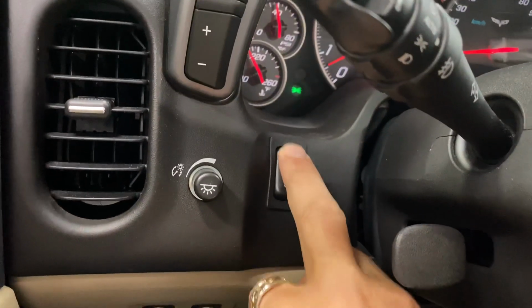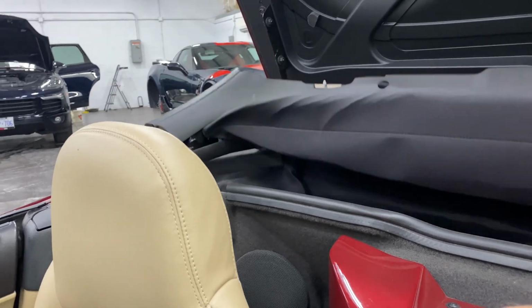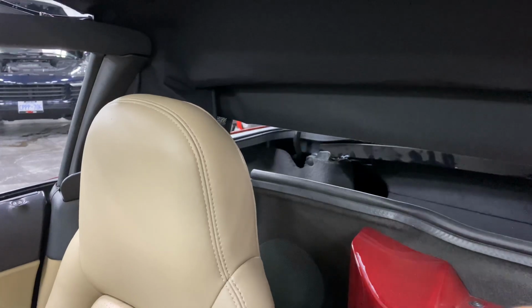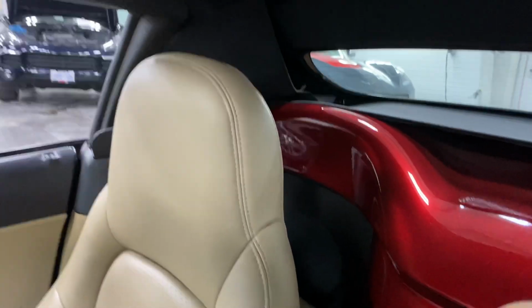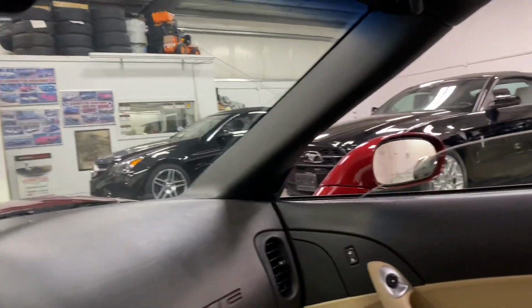It does have factory OnStar, and it does have a power convertible top, which we're going to push right here, and I'll show you that in operation. So it does all the work, you just sit here and watch. Here comes the waterfall, locking into place. And the top works beautifully. So all you have to do is reach up here, turn this like that, and it's locked. You have a glass window with a rear defroster in it, and then we'll put the windows up and show you that they are